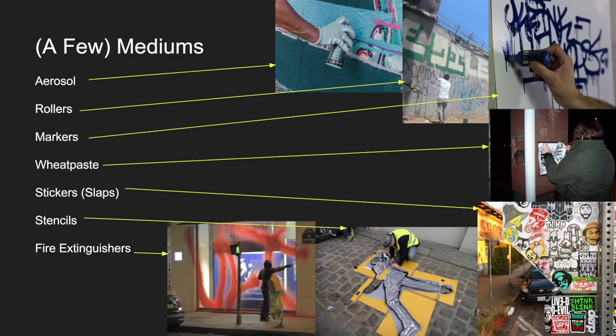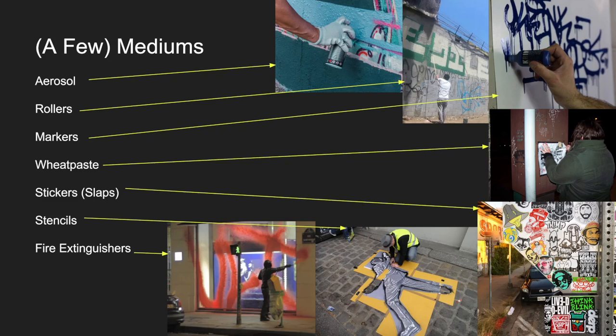Graffiti art comes in a variety of mediums, and each medium has its own nuances to keep in mind. A brief overview: there's traditional aerosol, spray paint cans, as you'd expect, what most people think of when they think graffiti. You have paint rollers, which offer an artist more coverage and a little less flexibility. It's typically less portable, so it's harder to get places with it. Markers allow more flexibility with less coverage, so they're typically used for smaller tags that you'll see in areas just to get a tag up onto a surface without necessarily doing anything super in depth.